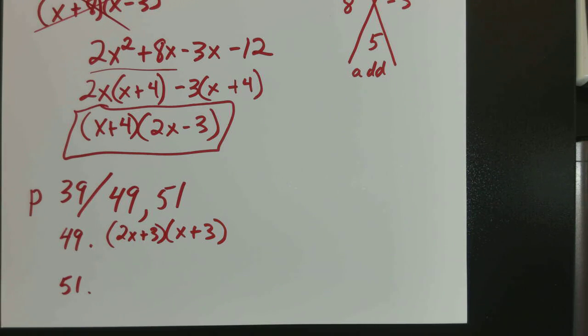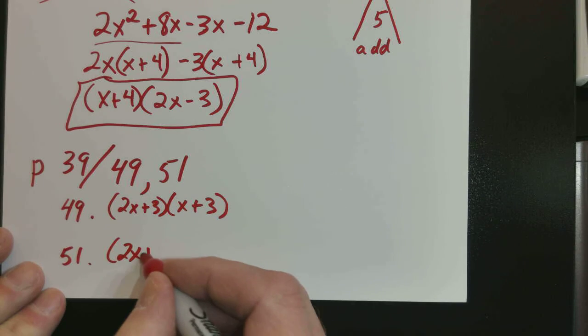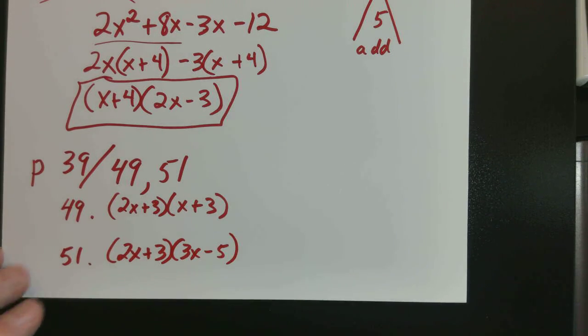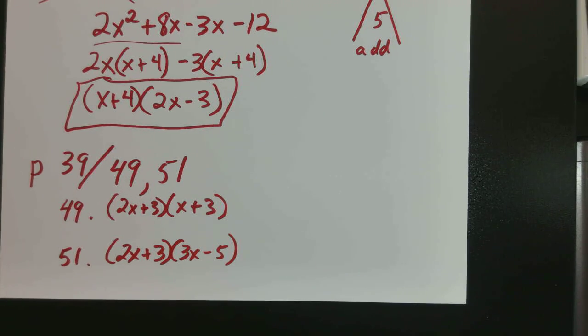Okay, Jordan, did you have 51 answered? Yeah, 2x plus 3 times 3x minus 5. So it was 6x squared minus x minus 15, the original. Okie dokie. Then